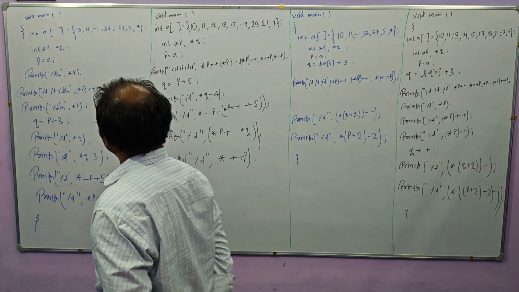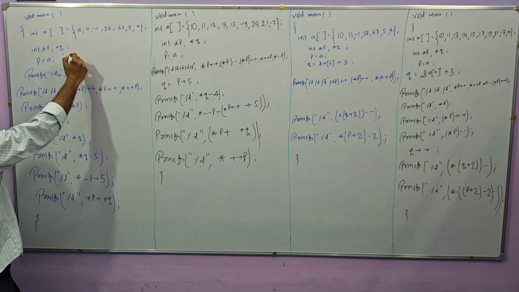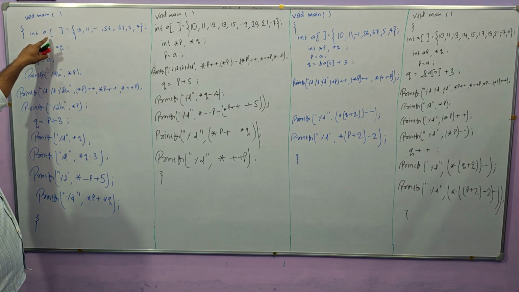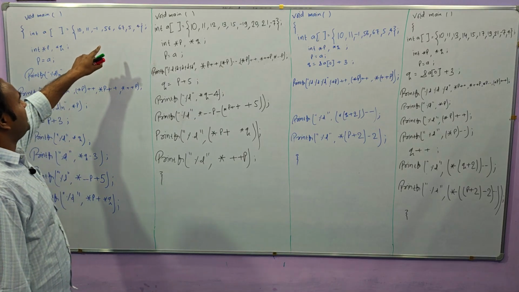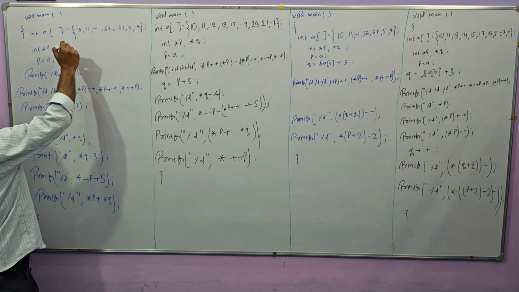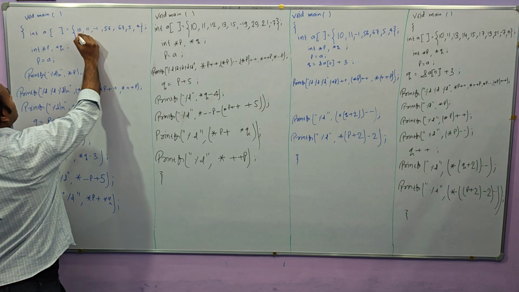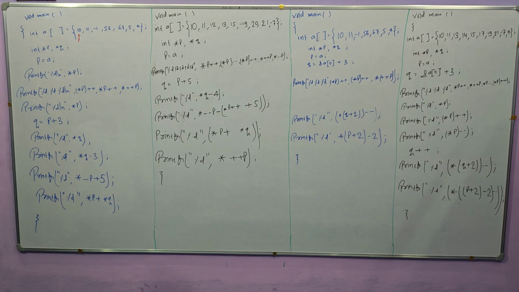So, initialization of a pointer. We have an array int a, and its elements are 10, 11, -1, 56, 67, 54, and we initialize two pointers, p and q. Now p is equal to a, that means the base address of the first element. Now p is going to point to the base address of the first element.